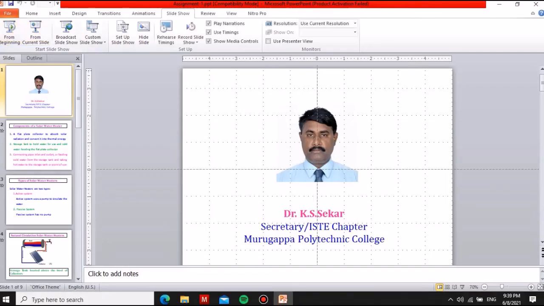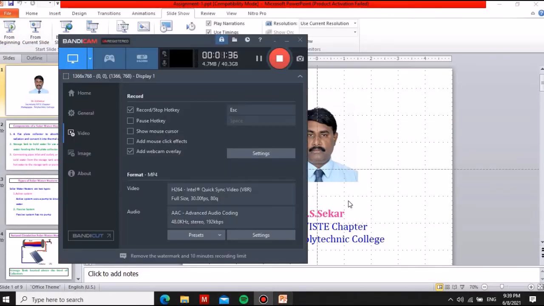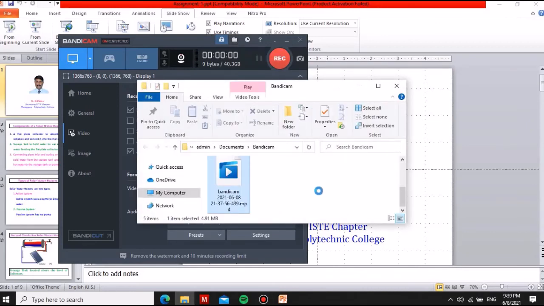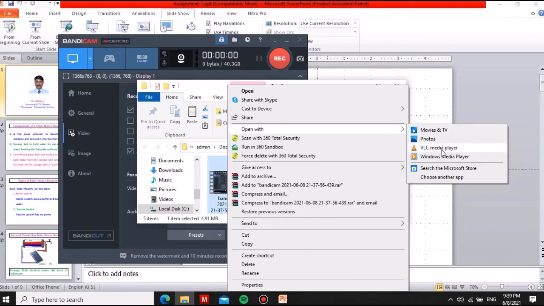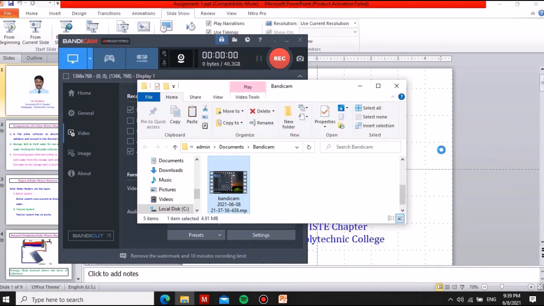Now I can go to the Bandicam, stop the presentation, and open the output folder. You can see that the recorded video is stored in the output folder.